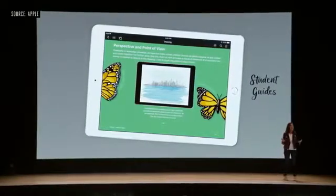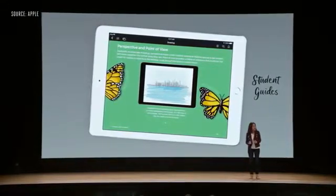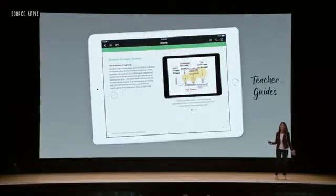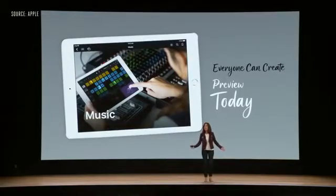And there are student guides full of real-world examples and projects to help students build their skills. And of course, there's a robust set of teaching materials that include lesson ideas and class activities for any grade level. Everyone can create. You can preview today with more content coming this summer so you can be ready this